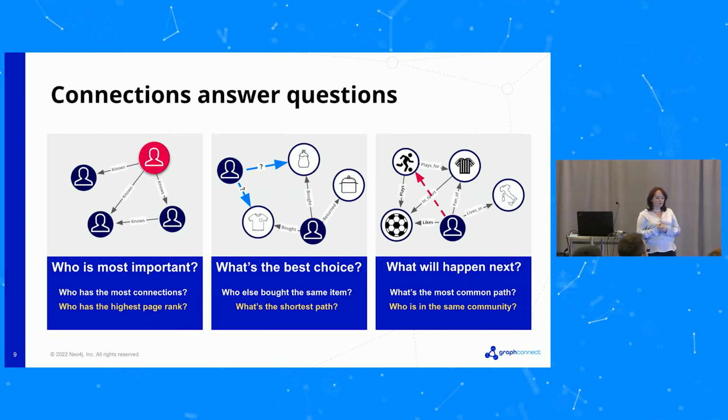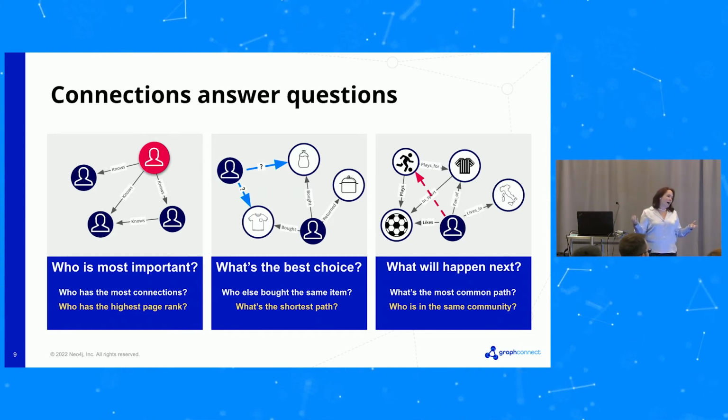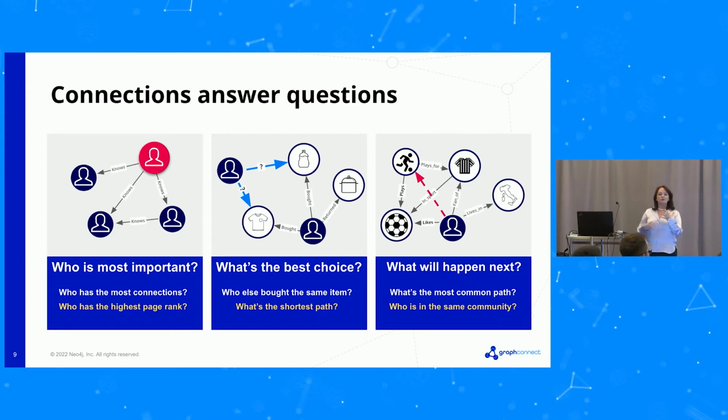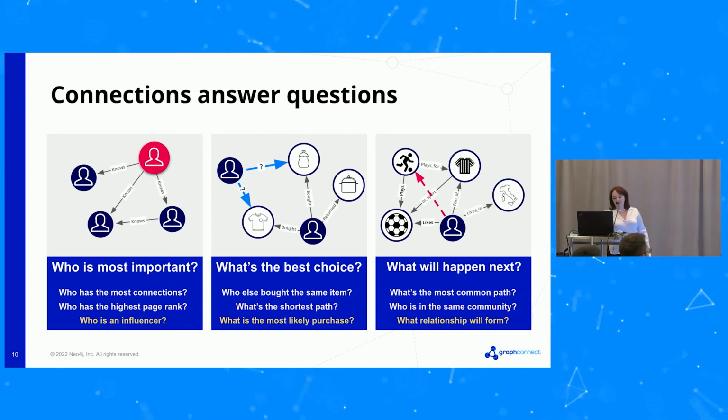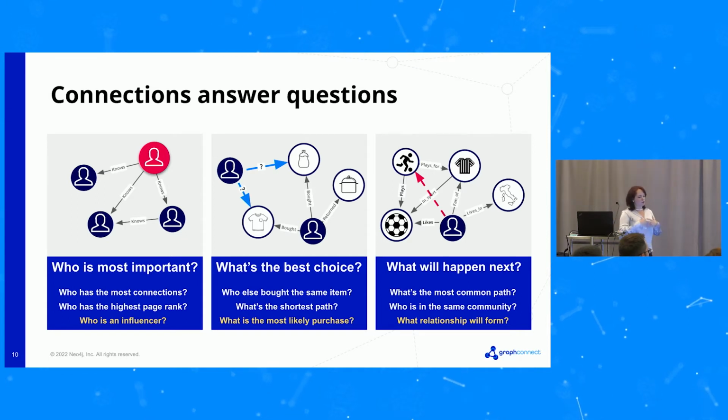Or if I want to say, what's the best choice in my transactional graph? What's the shortest path between these two nodes? I can start to build and get more sophisticated. And when we get to that top step of the steps of graph data science, when we're doing that graph